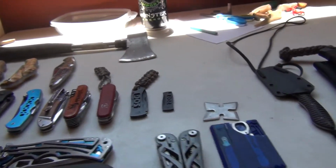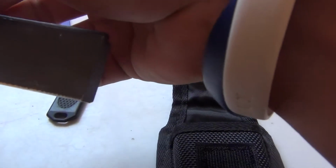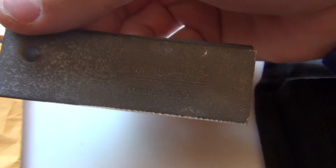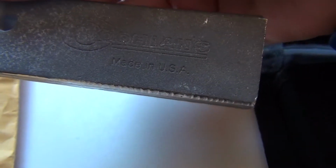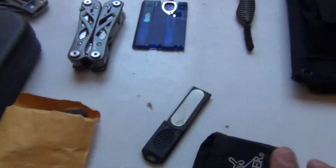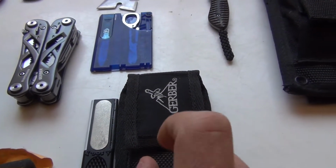if it would come out, I've got a magnesium striker made by Cochran's, I guess. Yeah, that's what it is. It says made in the United States, so cool. That thing works crazy, because if you didn't know, fun science fact of the day, magnesium burns hotter than the sun,